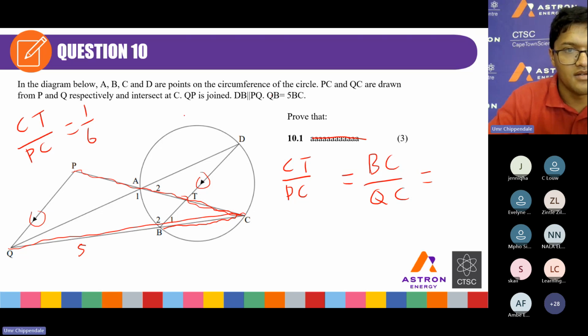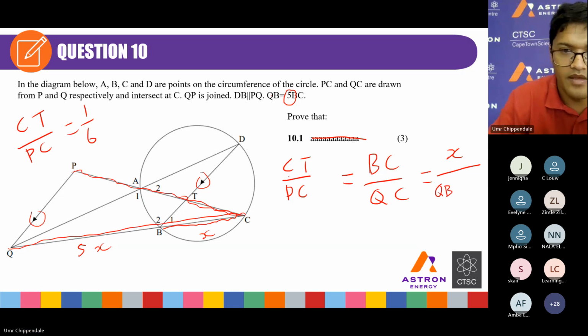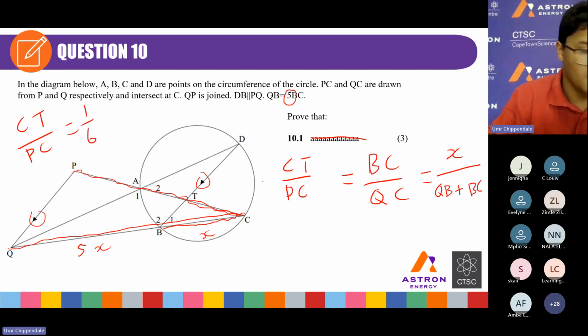And that's going to be 5. And then this is just a part of it, so that's actually going to be just x on its own. So that's x, and this is going to be our QB, plus this x over here. So our QB plus our BC. So that is actually going to be equal to